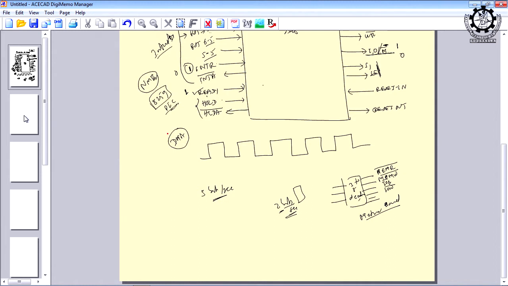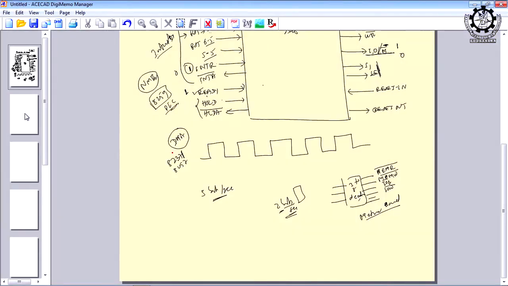But here you have to understand which chip is responsible for the DMA controller. The chip performing the DMA operation, as far as 8085-based system design is concerned, is either 8237 or 8257. Two versions are available. 8237 is the DMA controller, 8257 is the DMA controller, and this will take care of how to access data between memory and I/O devices directly by bypassing the microprocessor 8085.